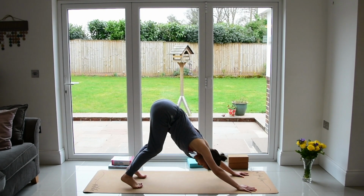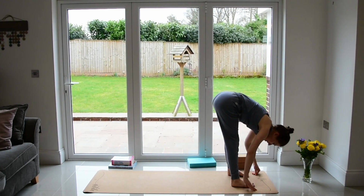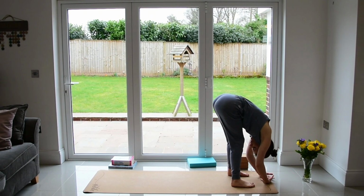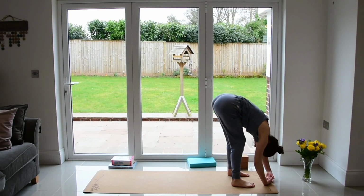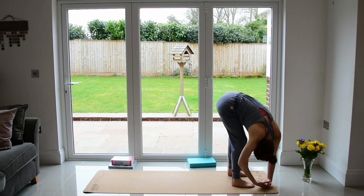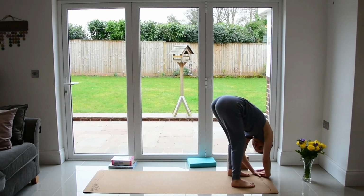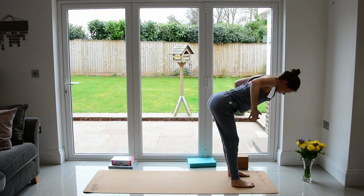Everybody walking, stepping or hopping the feet forwards, or find a fold with the feet hips distance apart. Knees bent, crown of the head releasing down, arms, hands and shoulders really, really soft. Start to swing from side to side like a pendulum. And as we float back to center, we'll lift up halfway, finding a flat back from our crown to our